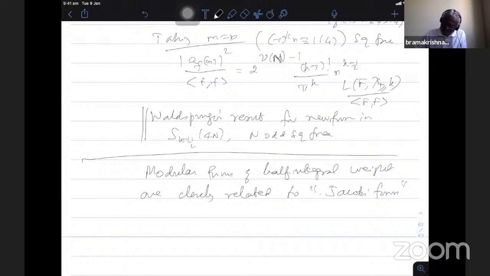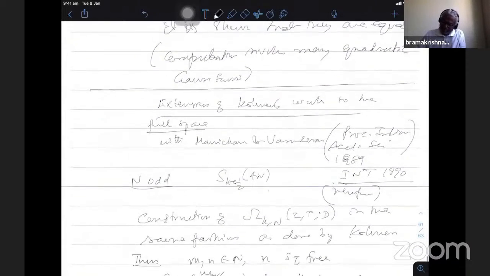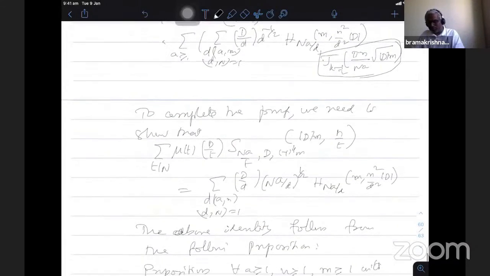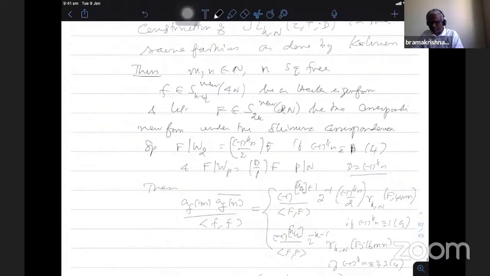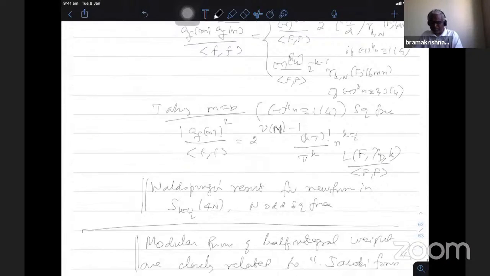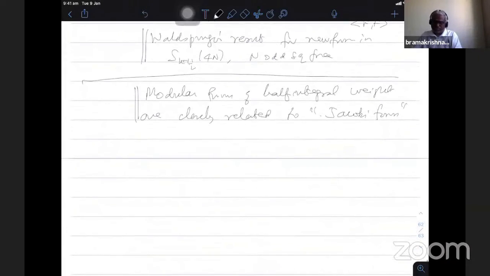Okay. So what are Jacobi forms? We will just see, because why I brought this idea is that there is a Shimura correspondence between half integral weight and integral weight. So when you consider any Shimura type correspondence in other types of spaces, automorphic forms, it will be a surprising thing. It is not surprising, because it's natural, because the half integral weight forms are closely related to Jacobi forms. There is a correspondence between half integral weight and Jacobi forms. In some sense, they are the same. Therefore, one expects a similar correspondence from Jacobi forms to integral weight modular forms. So that's what you will see now. So roughly speaking,